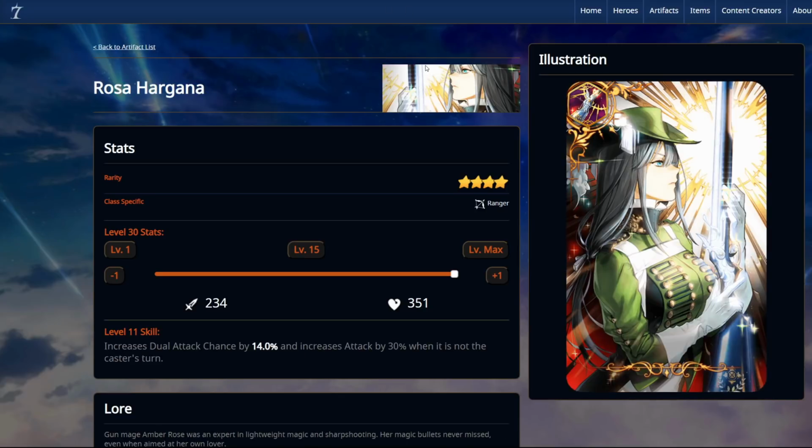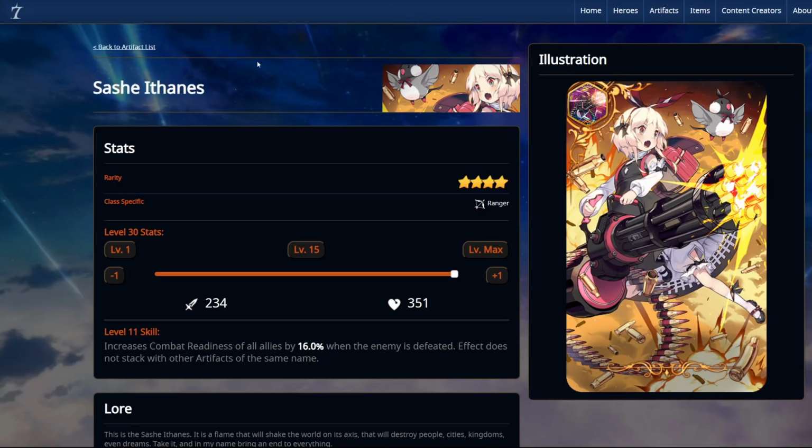I think the Rosa's better, so that you can get the double attacks, so that you can push back on targeted enemies. You also have Sachet, which increases combat radius of all allies by 16% when the enemy is defeated. So this is good, but mostly from a PvP standpoint, and I do think that you would get more mileage out of a Rosa or a Sword of